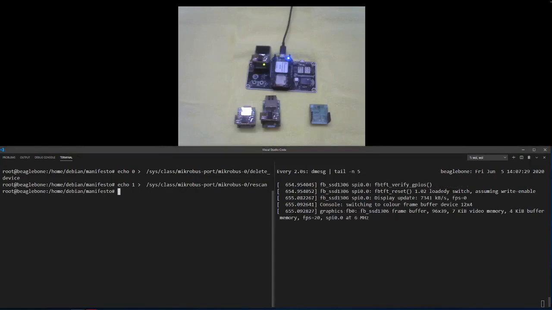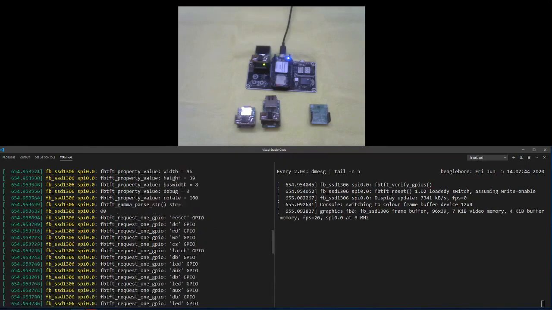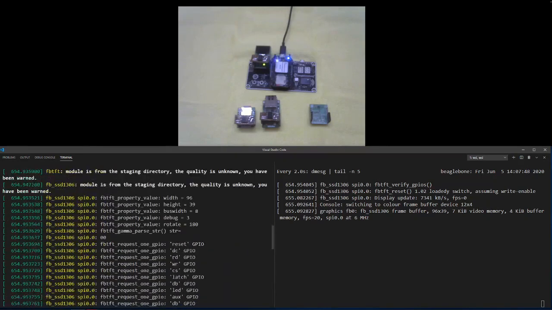So we can see the driver probe happening successfully, but since there is some issue with the FPGA driver on the latest kernel, we cannot see the display working properly, but we can see the properties passed to the driver correctly in the kernel logs.